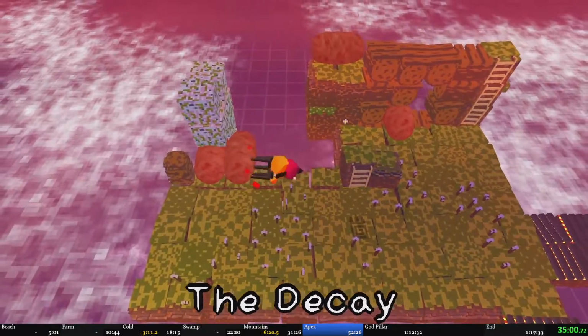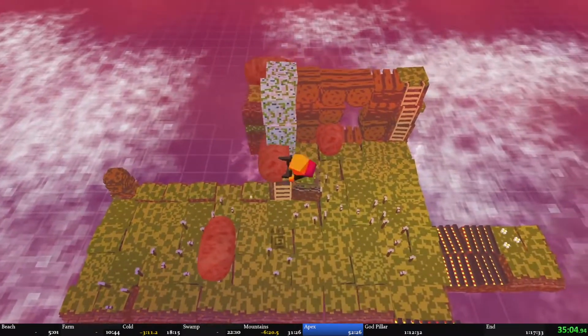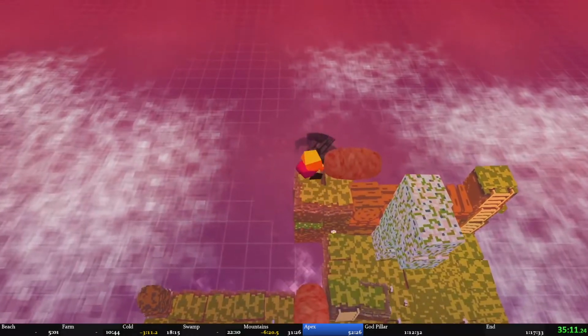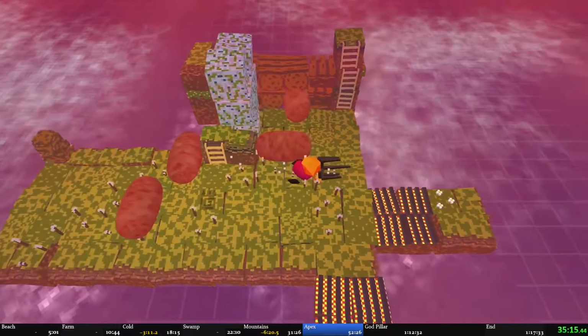I'm sure there's some plot reason why it has that name. There's a plot to this game. I don't remember it. There are these little plaques, and you can stand next to them, and they give you text. I don't know. It's a puzzle game. What do you want? The mechanic here is that this platform, this wooden platform, has 2 elevations, and we need